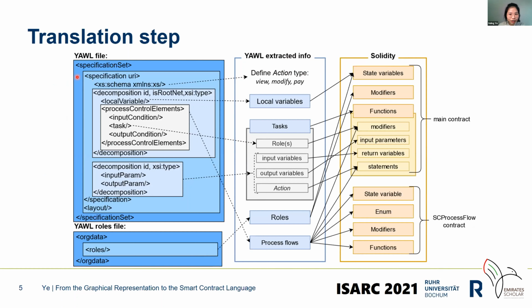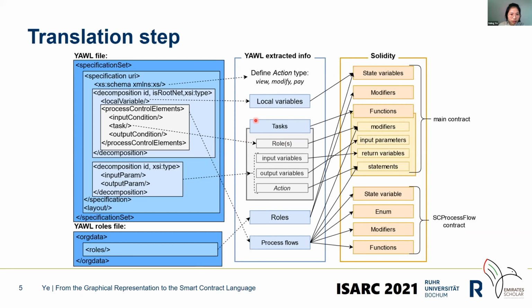In the YAWL file, a type called action type is defined in this paper to distinguish different action types of a task. In this method, 3 actions are defined, called view, modify, and pay. The information extracted from the YAWL will be translated as